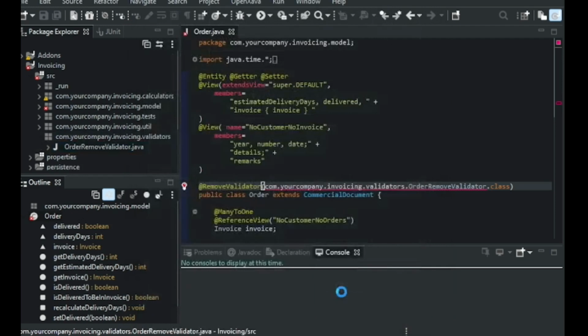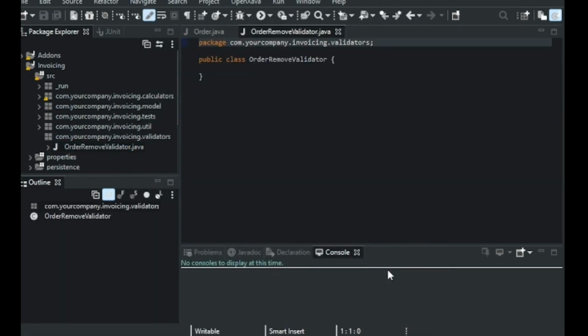We click on finish, and now before removing an order, the logic in OrderRemoveValidator is executed, and if the validation fails, the order is not removed. So to make this validation work, we're going to write the following code in OrderRemoveValidator.